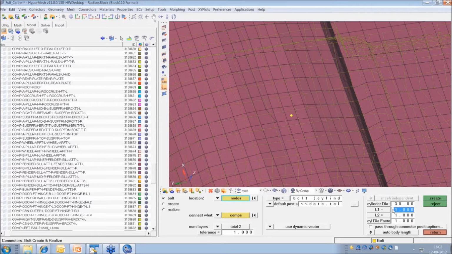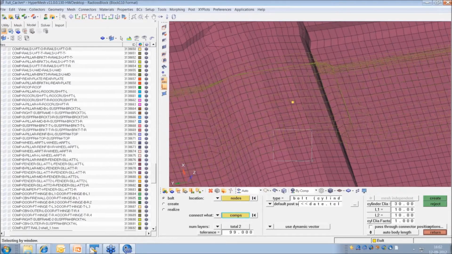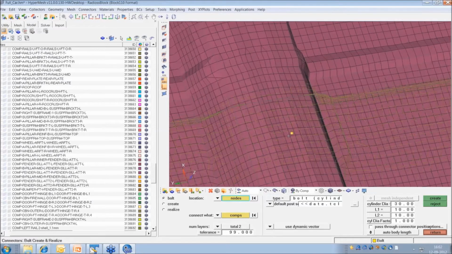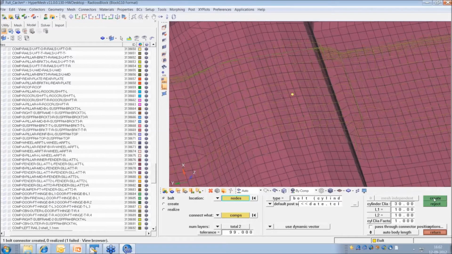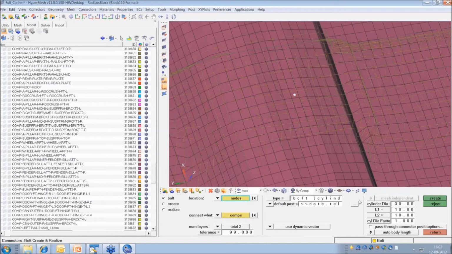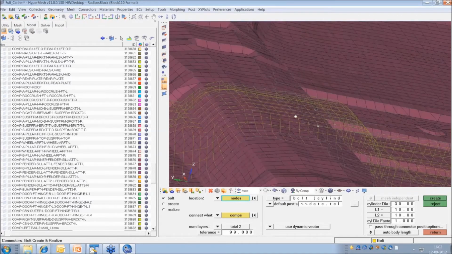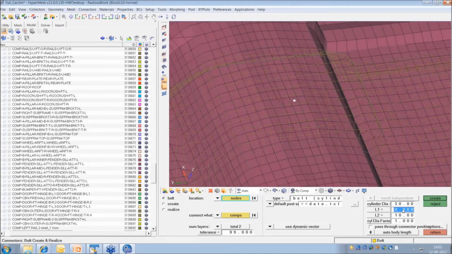And L1 and L2 will look for components within that distance, so I'll keep it a little higher, maybe 10 and 10, some high tolerance. Between which components do I want the bolt? Between these two. So node is this one. I'll just say create. Okay, reject. Distance may be less.